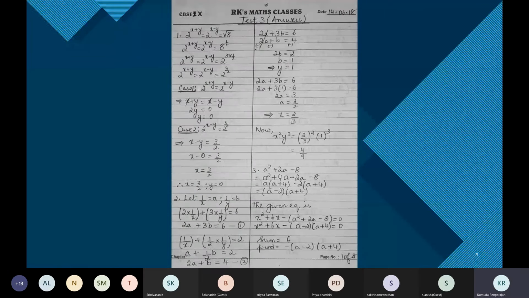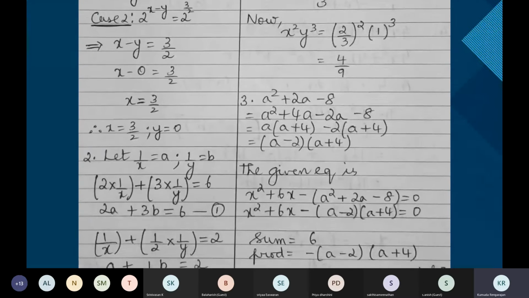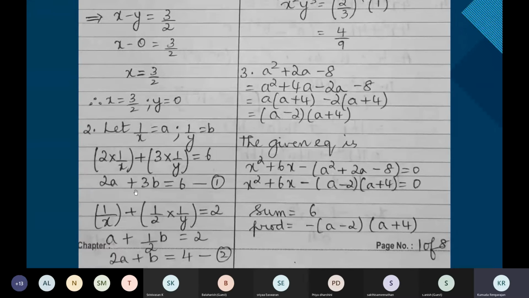How many of you went wrong in constructing the equation, children, in a and b, or whatever variables you've used, maybe u and v? Honestly, tell me, have you got these equations correctly? 2a plus 3b is 6. 2a plus b is equal to 4. Or you went wrong here itself? Mostly the second equation you could have gone wrong. You would have written 2b. So if you've gone wrong here, please realize your mistake. It's not 2b, it is 1 by 2b.